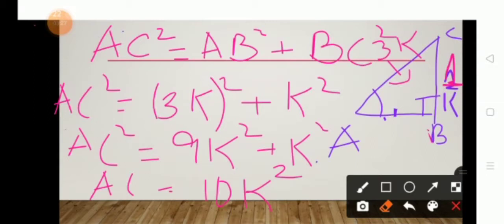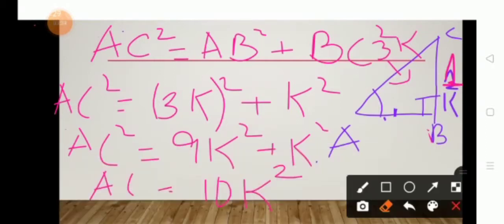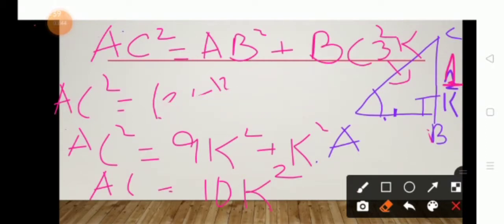AB is not given. AC is given as 3K. Now to find AB, I'll use the Pythagoras theorem. From the Pythagoras theorem, AC squared equals AB squared plus BC squared. You can see here I'm rubbing this out. It's a little inconvenient, but then